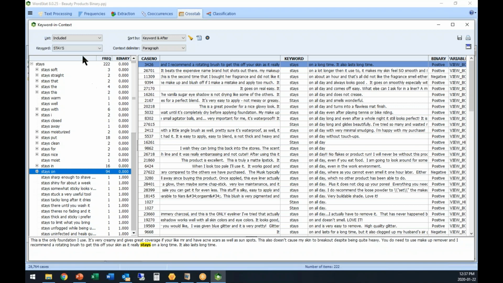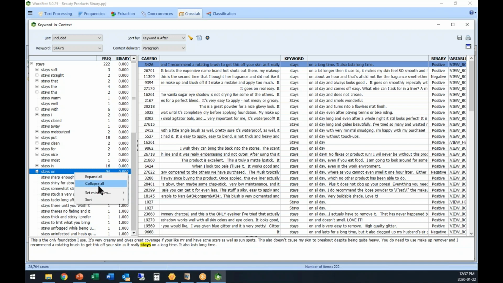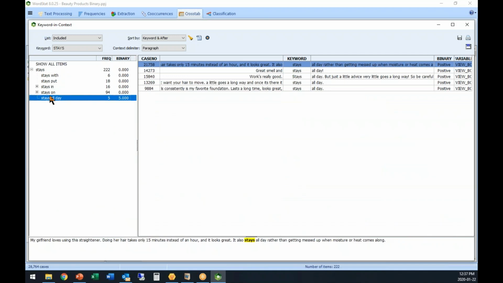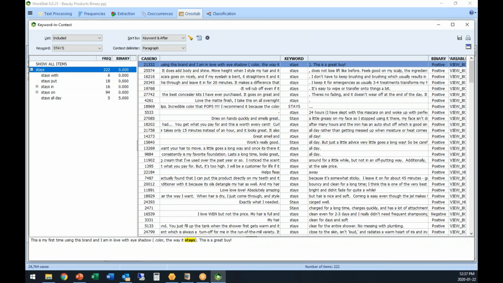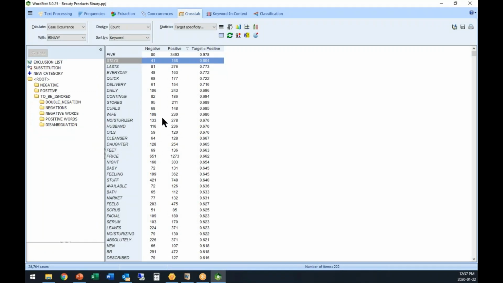Stays on. And by the way, you have a lot of noise here, 1 and 2. You may ignore those for now and focus on the most frequent ones. You could set this by right-clicking here and selecting set minimum, say to 5, and now you will be able to see those that appear at least 5 times. But you could have access to all of those from here. So basically you do that. But one thing that you should be careful about, however, is I tend not to include products